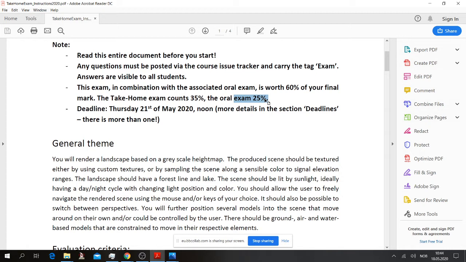And in this one you will present your work, and about half of that session will be questioning about the theory of the course that you have seen in the lectures, mainly. And we have added this 25% to make sure that if something goes sideways on the take-home exam, you also have the possibility to gain some points here. And important, of course, deadline, Thursday, 21st of May, 2020, of course, at noon. That is not in the evening, but in the middle of the day. So remember to make your last commit by then.